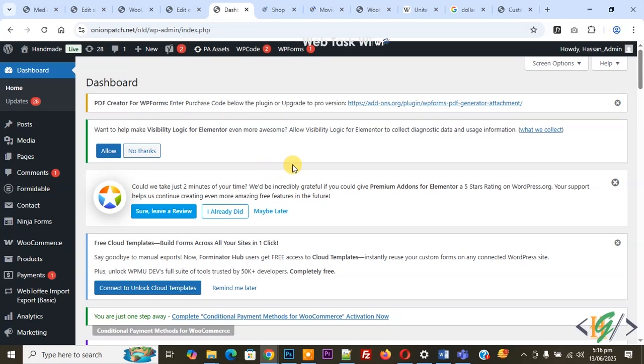Bismillahirrahmanirrahim. Assalamu alaikum. My name is Hassan and today we are going to add the UAE new currency symbol with image